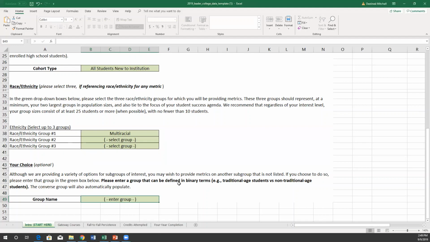So if I go here and I type traditional age students, you will see in subsequent pages, and let me pick some race ethnicity groups here. I have multiracial, and I have white, and I will have Hispanic.